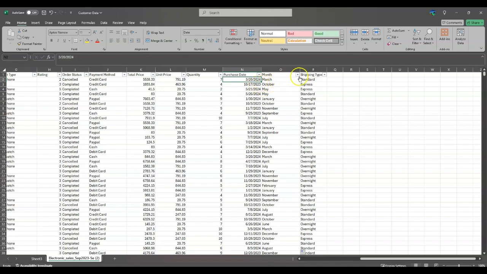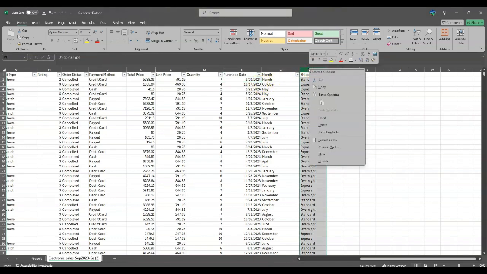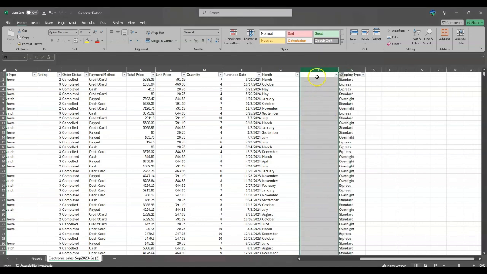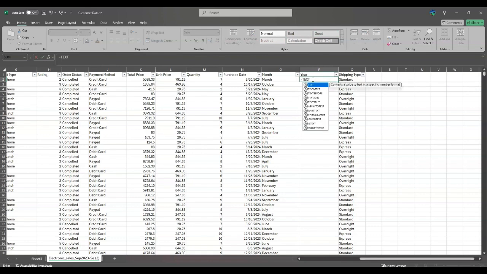So if you want to grab that year from that column, you simply just insert a new column. And let's call this year. So now we'll start off with our formula. So I'm going to double click in here and then go to equals. So I'm going to type in equals, text. You can hit tab to let it fill it in for you. Then I want it to grab this column here. So I'm going to click into this column and put a comma